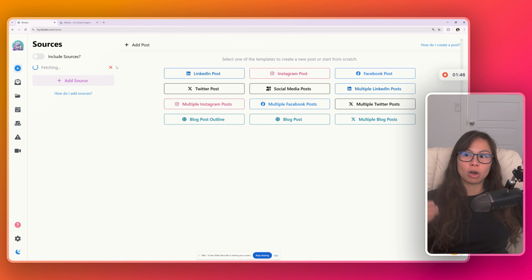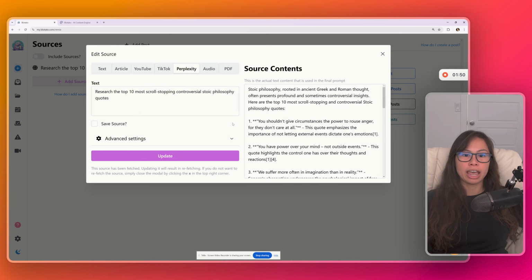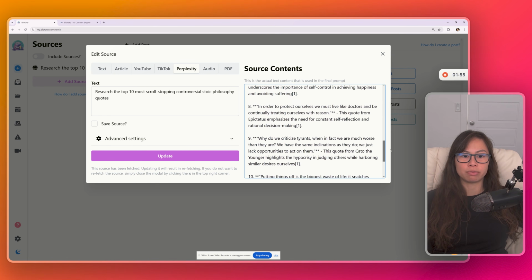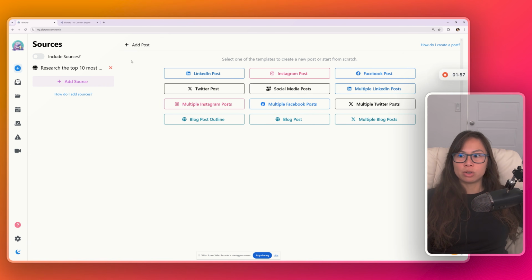And now Blotato is calling the Perplexity API. Perplexity's doing all of that research for us. And here, if you open it up again, you can see 10 quotes from Stoic philosophers. Each one is really, really good. Okay, so now that we've added that as a source of content, let's go ahead and make a really short